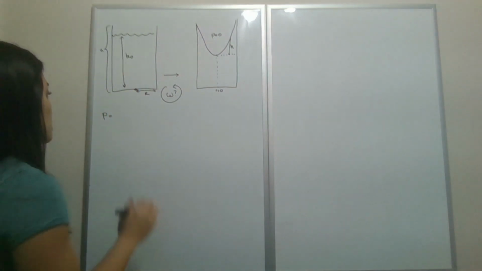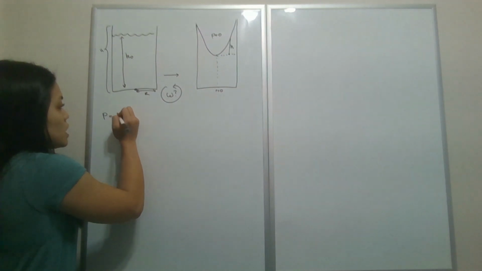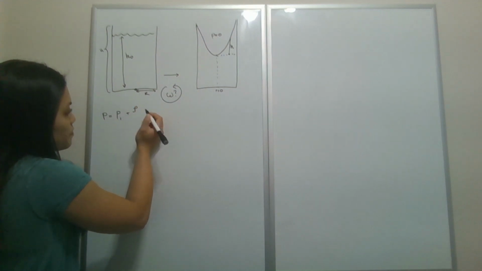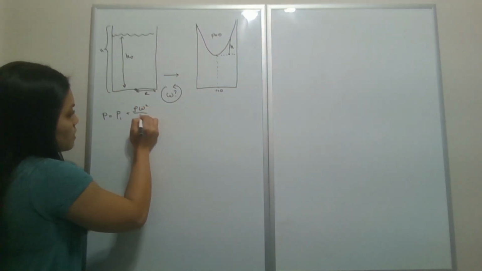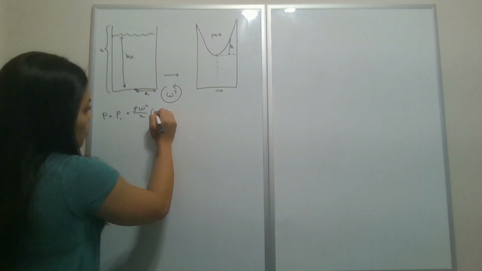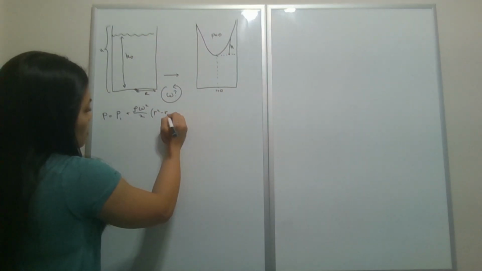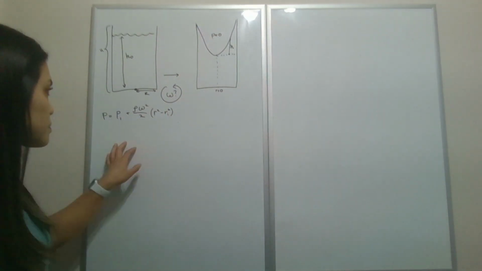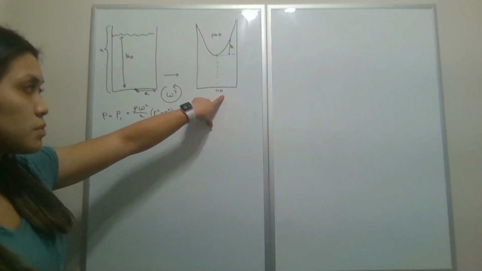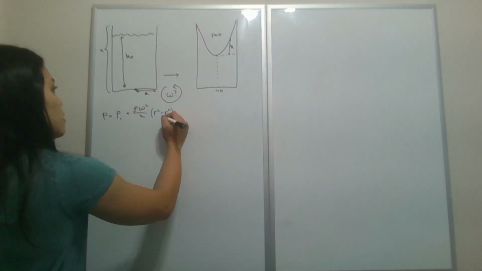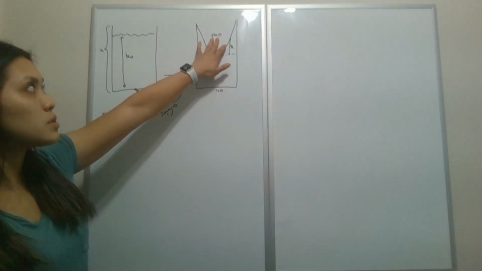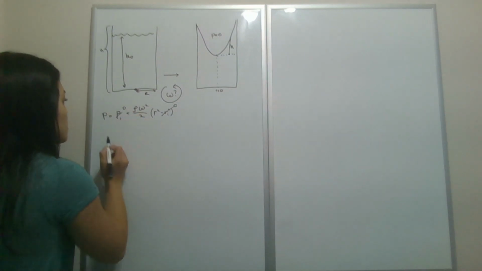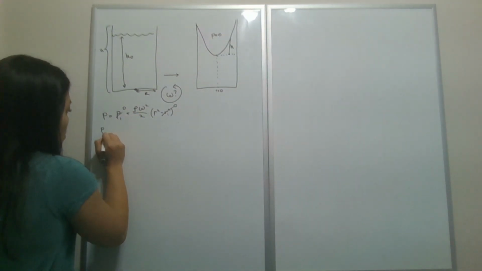So first, in the horizontal direction, we're going to use the definition of pressure force, which is that it is pressure 1 plus the density times the angular frequency squared divided by 2 times the quantity of the radius squared minus the radius 1, so the initial radius squared. And so we are told both that the initial radius, we're setting it equal to 0, so that will zero out this term. And we're also told that the pressure is atmospheric in this interface, so that is also zeroed out, which leaves us with the pressure in the horizontal